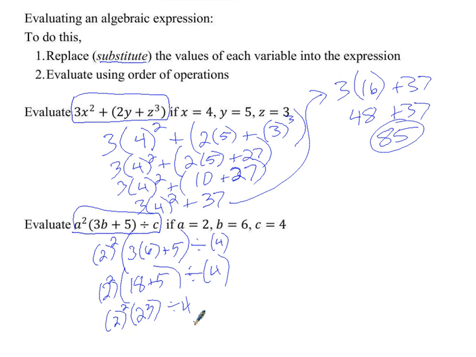2 squared becomes 4. So we have 4 times 23 divided by 4. Now what? Multiplication and division from left to right at the same time. So what is 4 times 23? 92. Okay. So I'm out of room again. I'll come up here. We have 92 divided by 4. 92 divided by 4 is